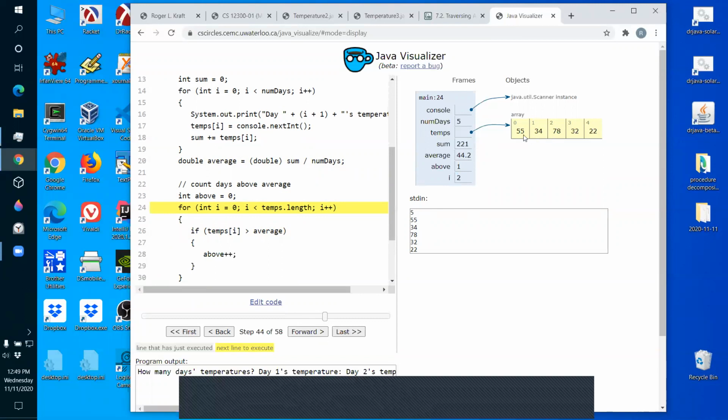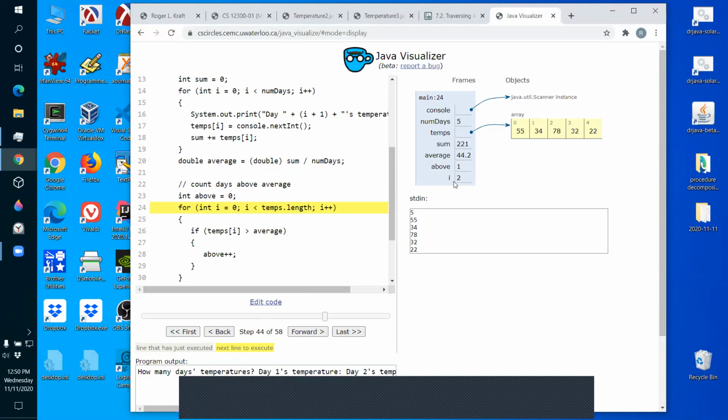We call this walking down the array, or traversing the array, and we do this over and over again. We tend to start at the beginning of an array and work towards the end. That doesn't mean you have to do things that way. You can work from the right end of the array back up, or start in the middle and bounce back around. You don't have to traverse the array from start to finish, but that's usually the way we do it: start at index 0, go up to the maximum index. That's how we're doing it this time. Later on, we'll see times when that's not what you want to do, but most of the time, that's what you want to do.